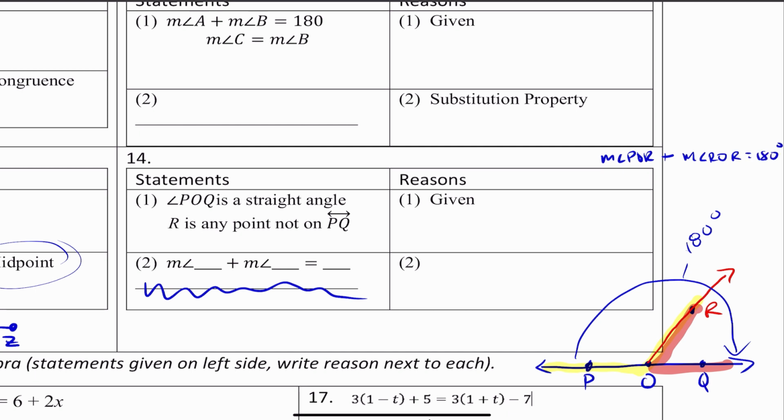It's basically my part plus part is equal to a whole. So I can write measure angle POR plus the measure angle ROQ, and that's 180 degrees, and we'll say that this is the angle addition postulate, because it's really part plus part is equal to a whole. Okay,